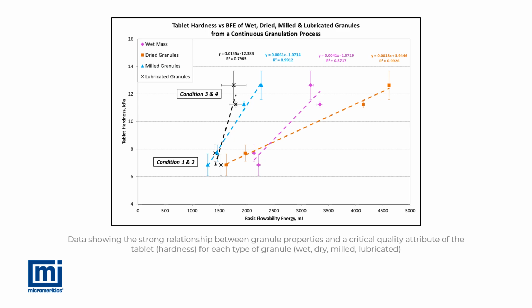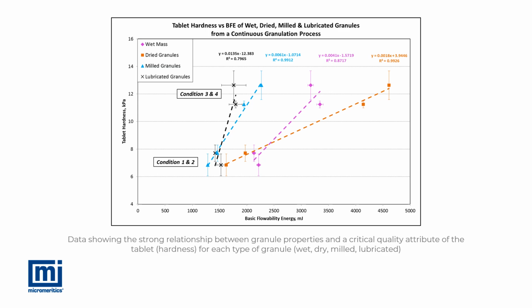However, were we to sample at the lubrication point, for example, even a small difference in BFE could have a significant effect on the resulting tablet hardness, making it much harder to control the product quality. By contrast, sampling the granules after drying means that small differences in BFE have only a small effect on the